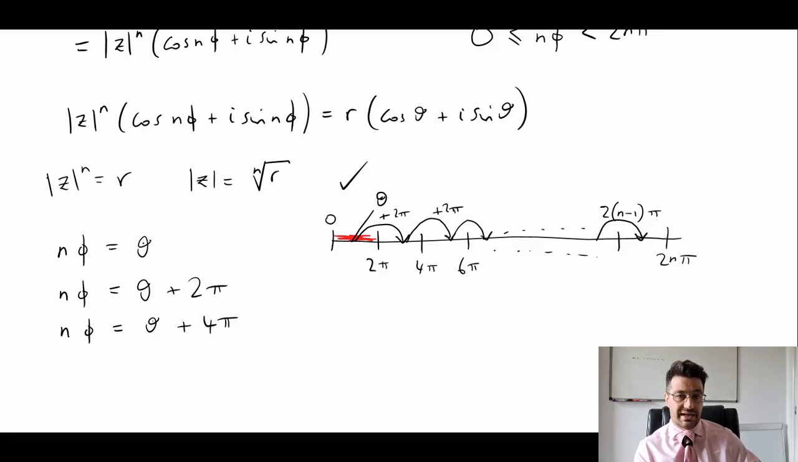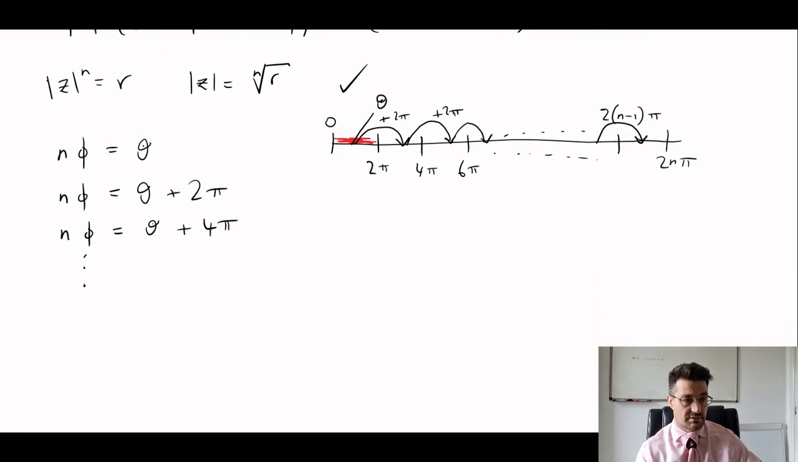So how many times can I add 2 pi to theta? Well, n minus 1 times, right? So I can continue this. Let me just get a bit more space here. So n phi can go right up to theta plus 2n minus 1 pi. Okay, so these are the possible values for n phi, and therefore the possible values of phi are going to